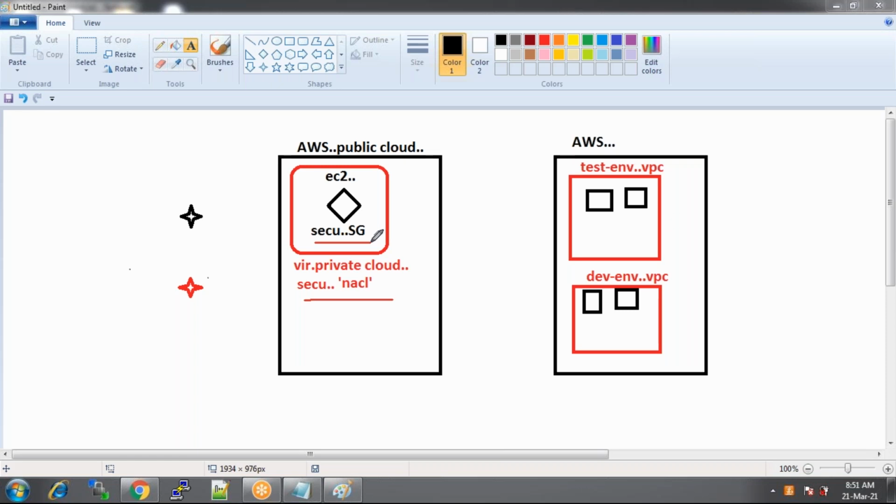So that's the second difference. And the other major difference between NACL versus security groups. For example, I'm creating inbound rules for security groups. We all know what inbound rules are, right? With security groups, we have been creating inbound rules. Do you remember in the sixth step, we create security groups, whenever we create an instance? So we mentioned security groups. What kind of rules are there? Are they inbound or outbound? Inbound. But where are the outbound rules?